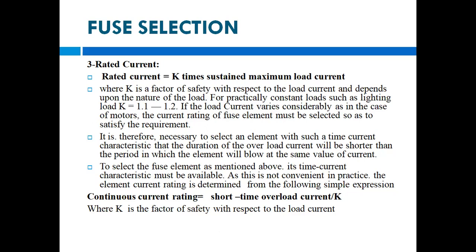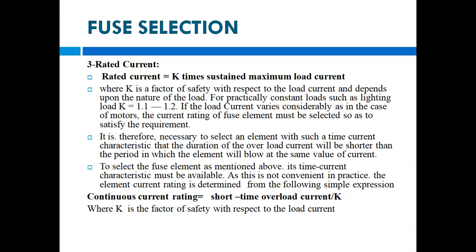But if your load current varies more than that, other than constant loads, for example in the morning and in the evening up to night, the load on the power system increases as we are using other equipment also. So when that load increases, as in the case of motors,